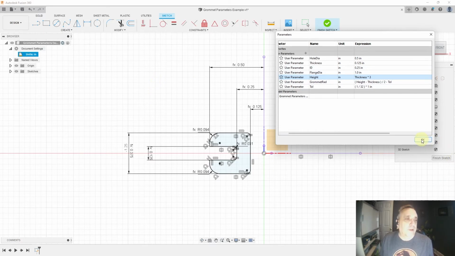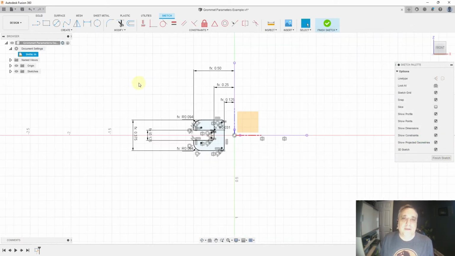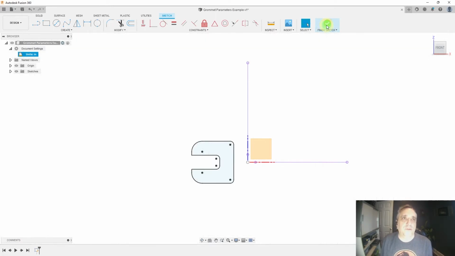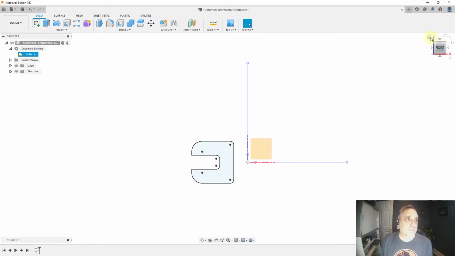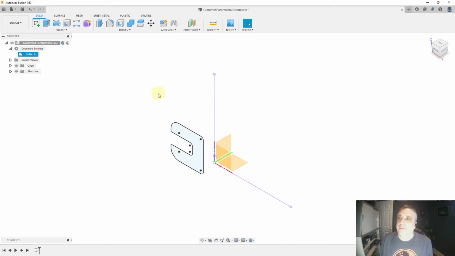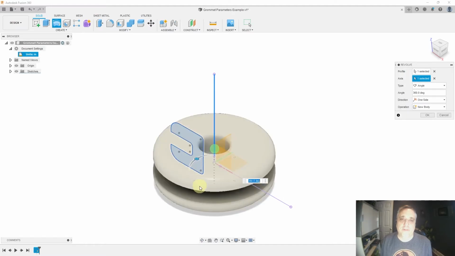So now we're defined. We'll keep it at that. And so the next thing is we just need to revolve this and make ourselves a solid model. So let's finish the sketch. Let's go into perspective view here, and we're just going to revolve that section around that axis 360 degrees. We're creating ourselves a new body,